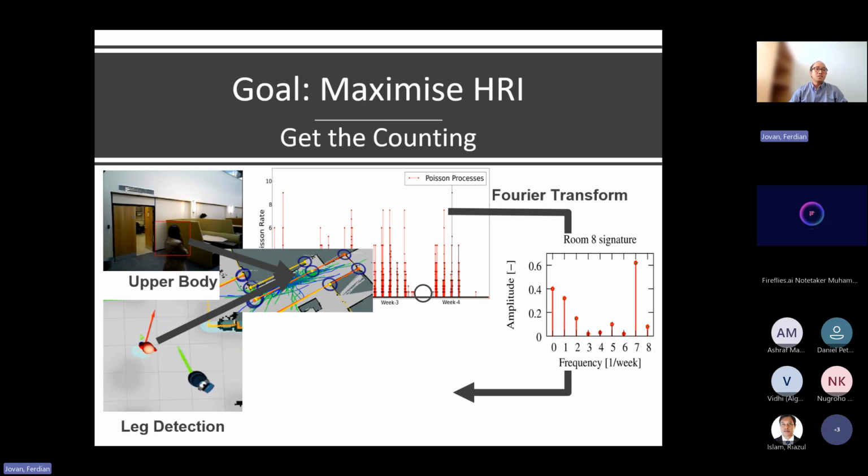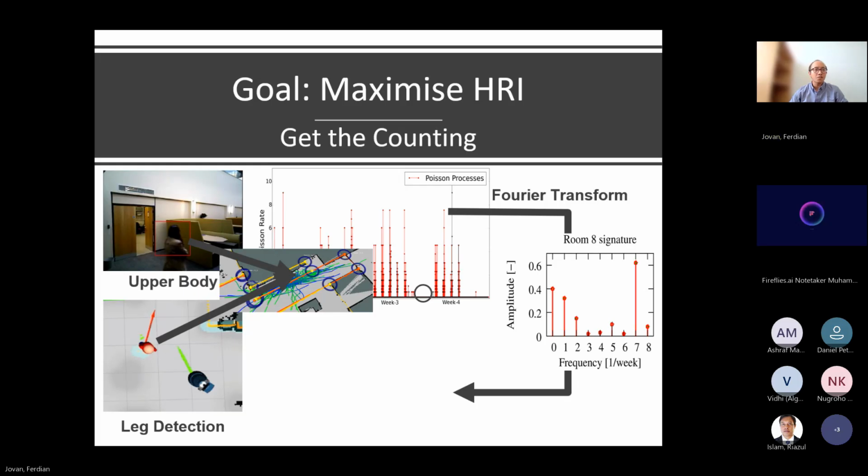So why don't we just use the Fourier transform, the point of which is to transform the data from time series to the frequency domain to find the prominent frequencies for each room. So basically we transform our data from the time domain to the frequency domain. And I devised a strategy to choose the K most prominent frequencies along with their amplitudes and use that to represent the place, like a room signature.